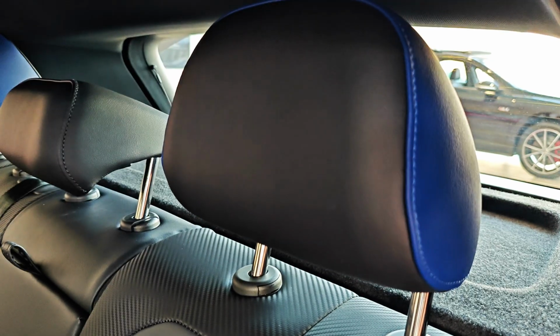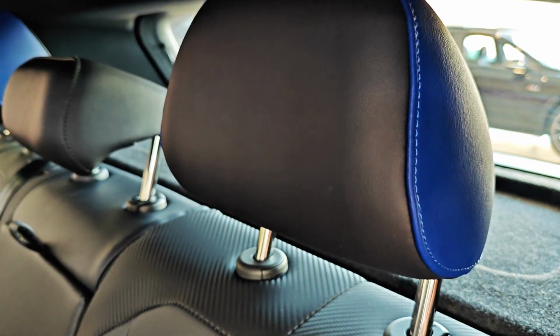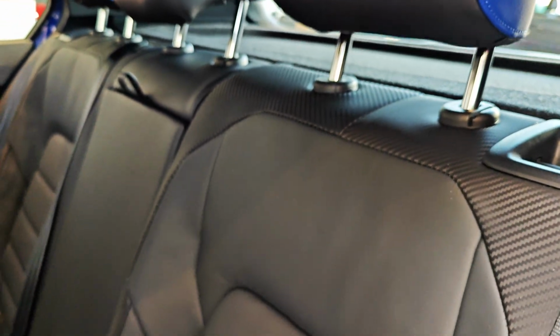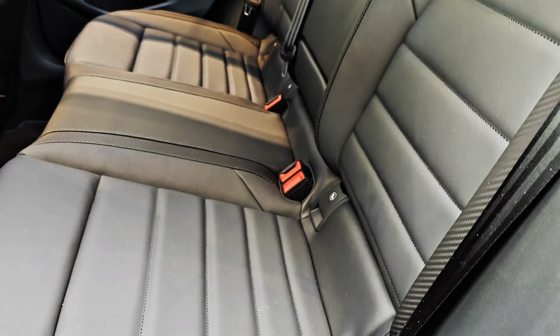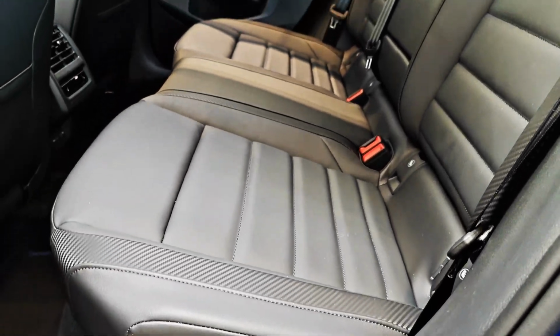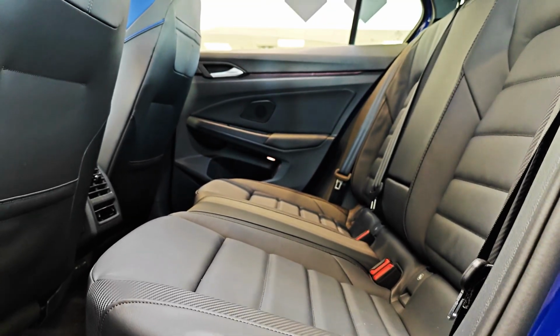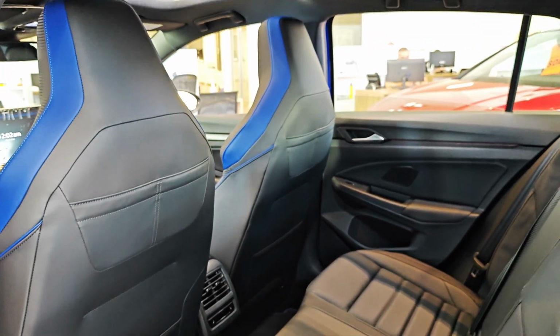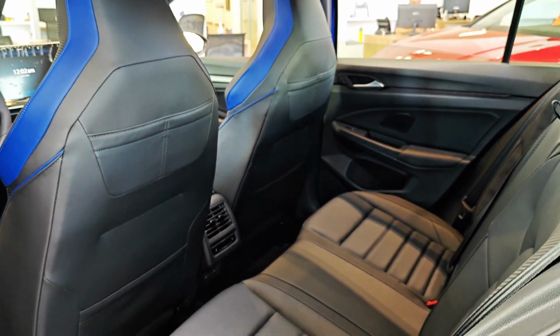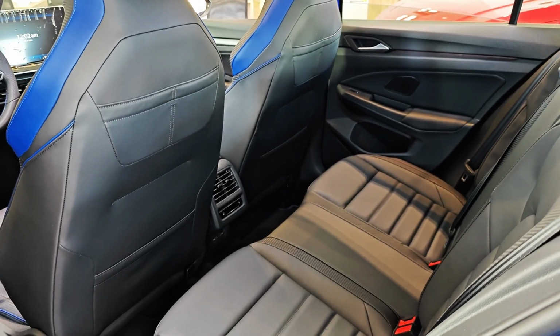Moving to the back of the Golf R, we still have the same really nice leather seats back here. They look great, the same blue stitching, and we're kind of missing the blue piping back here. Unfortunately, that's a little bit of cost cutting on the Volkswagen side, but otherwise it is a nice functional back seat area, decent leg room. You've got some nice pockets on the back of the front seats, and to be honest with you, I can fit my 3 kids back there with no problem at all,